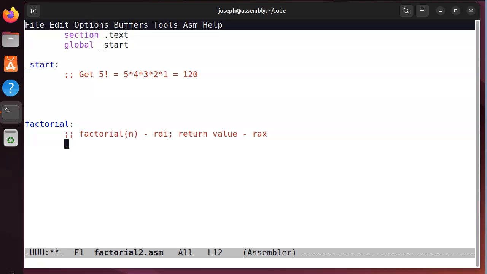So the base case for this is we compare RDI to 1. If it is 1, then we can just return our base case. So let's go to base case. Our base case, we are going to move into RAX the value 1, and we're just going to return. And that's it. So that's pretty easy. But if it's not,